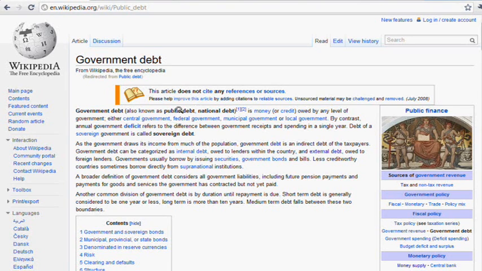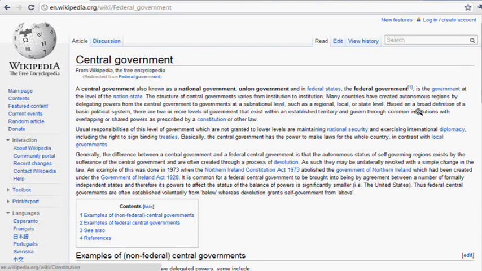Moving on. This is money owed by any level of government, either central government, federal, municipal, or local. So I guess the Federal Reserve would count as this. Do I get Federal Reserve on here? Let's just do a search. Nothing on here for Federal Reserve. However,